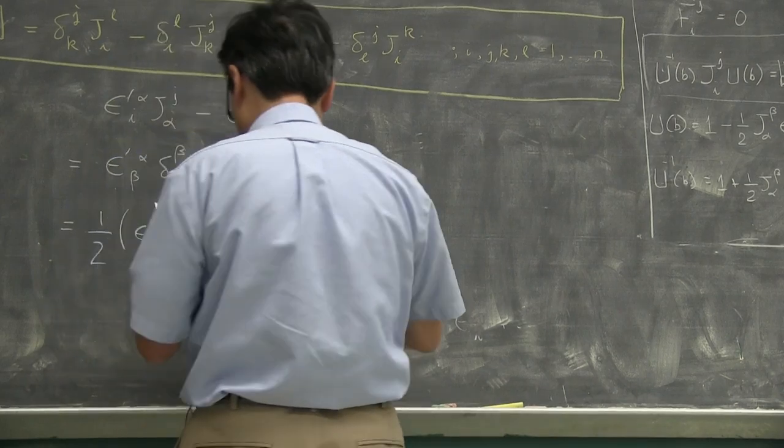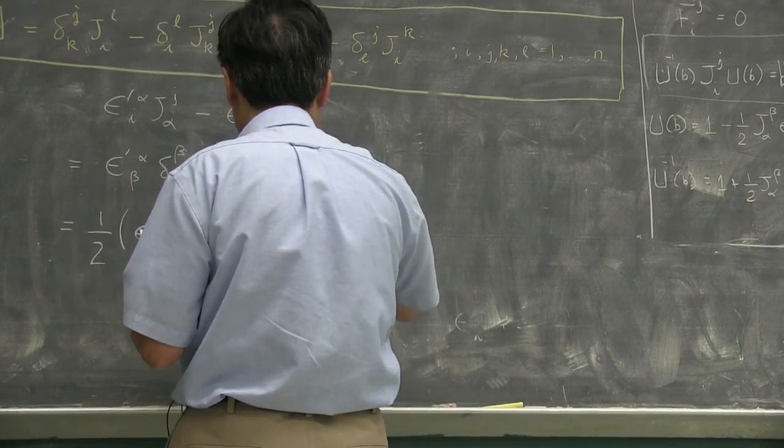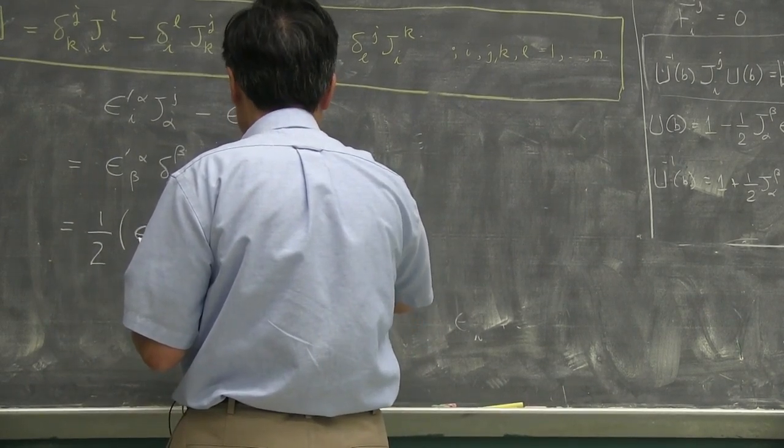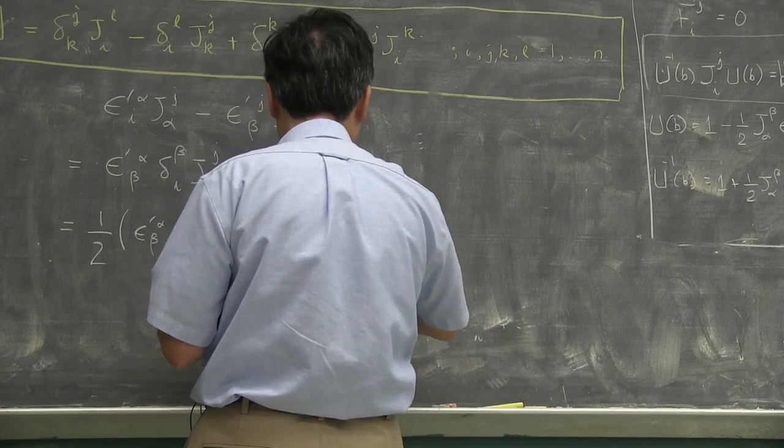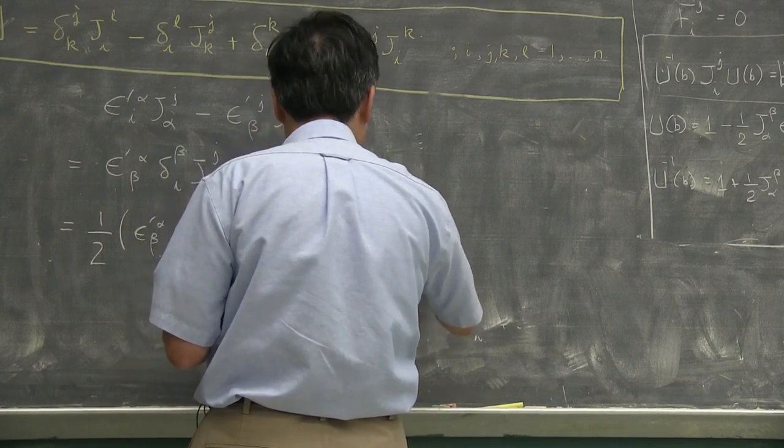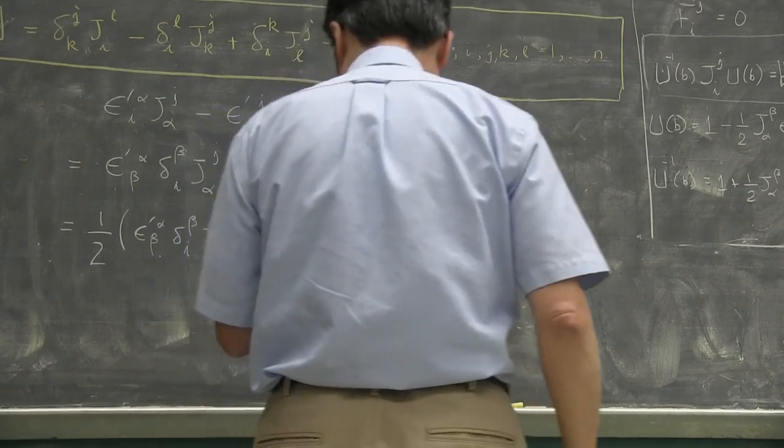Let me write it like this first to be perfectly transparent. Write it in the same way first, plus another 1/2 of exactly the same thing. Okay,